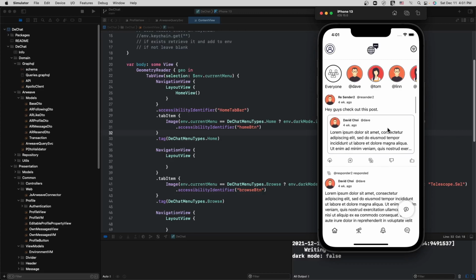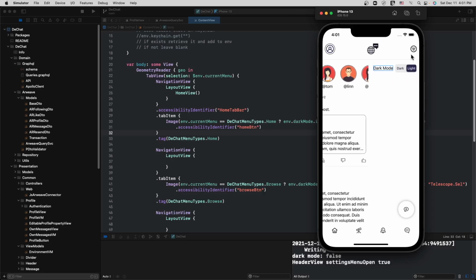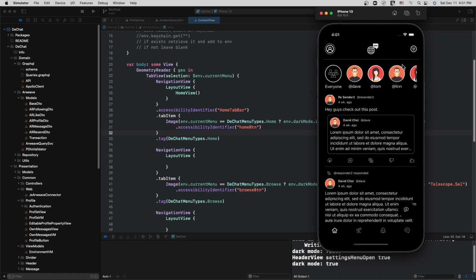So to give you a high-level overview of the application, you have the bread and butter stuff like a dark mode. This row over here is actually a filtering mechanism. By default, when you get in here, you're going to see the posts from everybody that you're following.